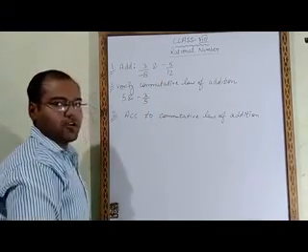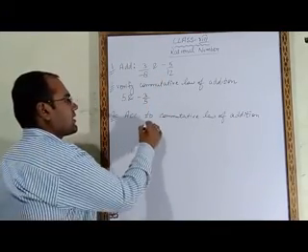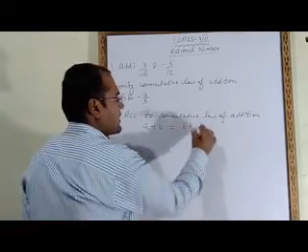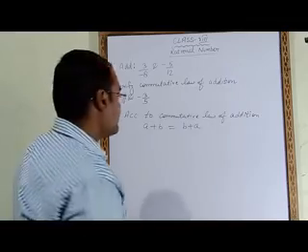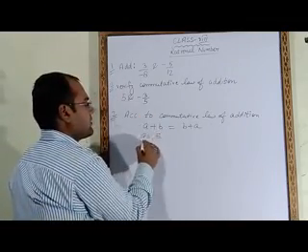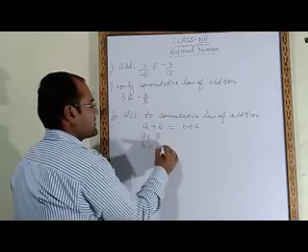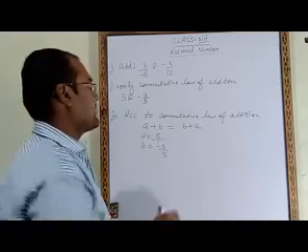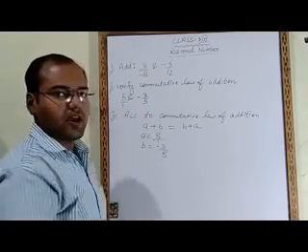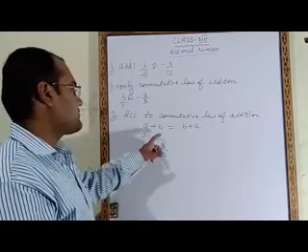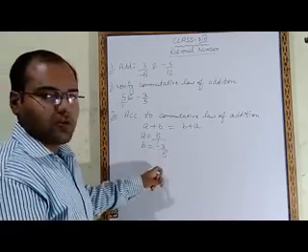According to the commutative law of addition, A plus B is equal to B plus A. Now, the A value is 5, and the B value is minus 3 upon 5. Under this 5 nothing is there, so we will take 1 here. In the denominator of 5 nothing is there, so we will take 1 here. So A is 5 upon 1, and B is minus 3 upon 5.